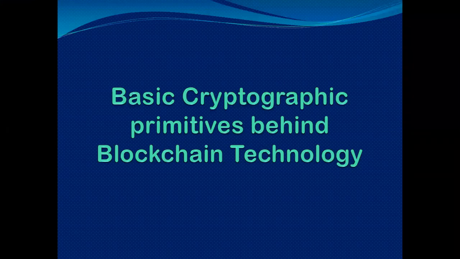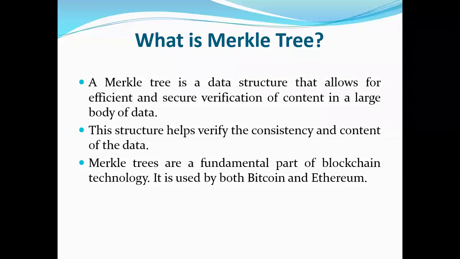In the previous session, we have learned about hash functions and digital signatures. Blockchain uses these functions to store records of transactions, and this is done using Merkle tree. Now, Merkle tree is a data structure made up of multiple hashes introduced by Ralph Merkle in 1979. It summarizes all the transactions in a block by producing a digital fingerprint of the entire set of transactions that enables users to verify whether a transaction is included in a block or not.